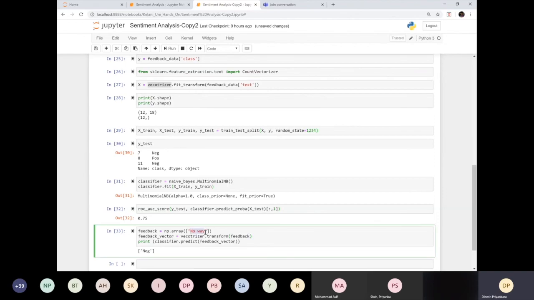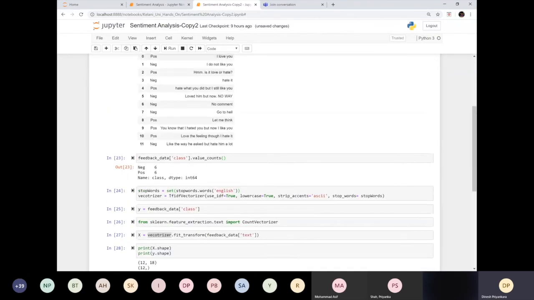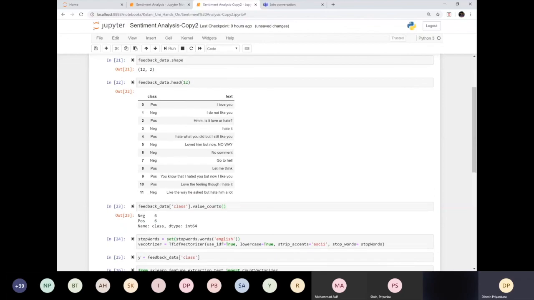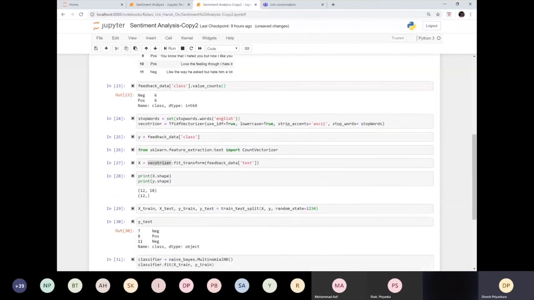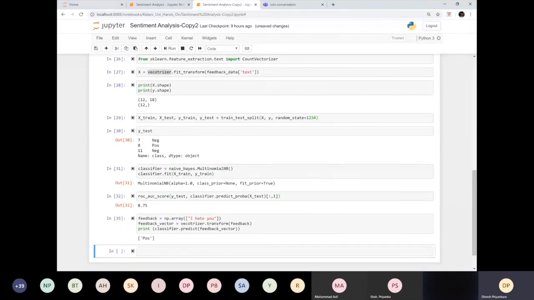And if I say something like "I like you", it says it is positive. Even if I type something like "I hate you", it says positive. But remember, this is completely based on these 12 records, which is not enough for determining something like that. But just to make fun out of it, I added this text for the demonstration.